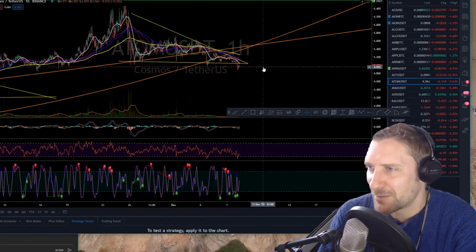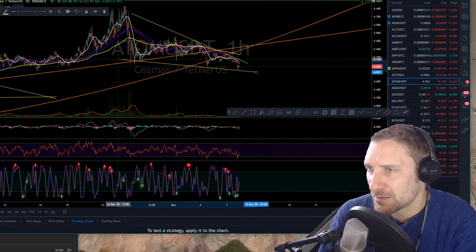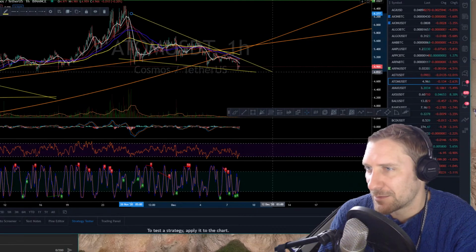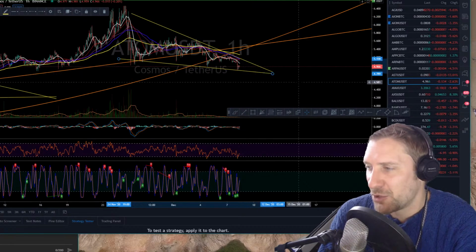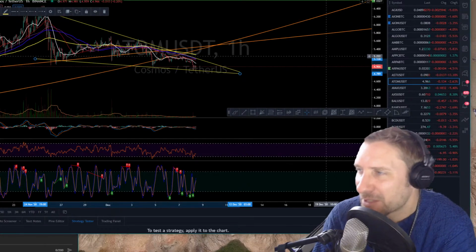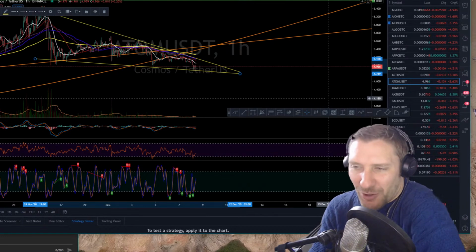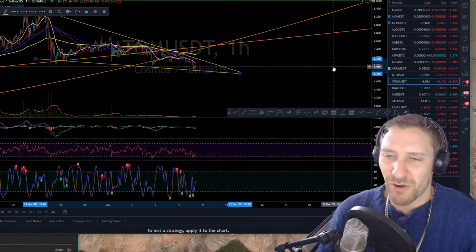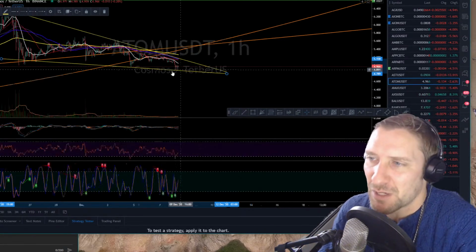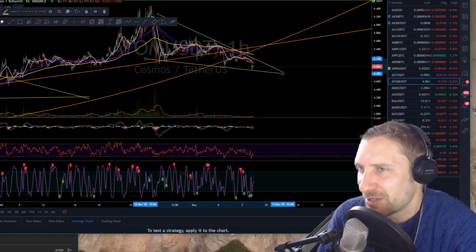It's that time to load up on these alts. Look at this. Bounce, bounce, bounce. I would accumulate. Today would be a day where I would snatch up a little bit of something. Not saying get it all, but get something. If you like Atom, get a couple $100 worth of Atom. If you want 2-3 grand worth of Atom, today's a good day to get a few $100 and build. Anything under $5 for Atom, that's gonna be your